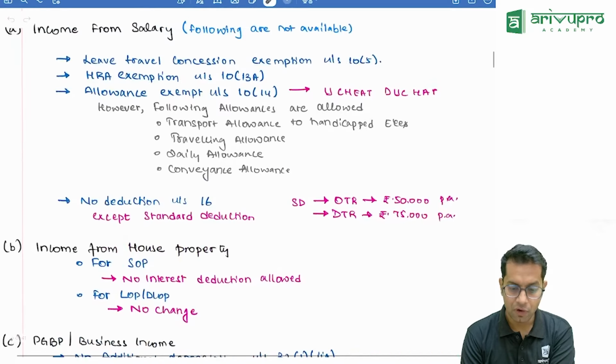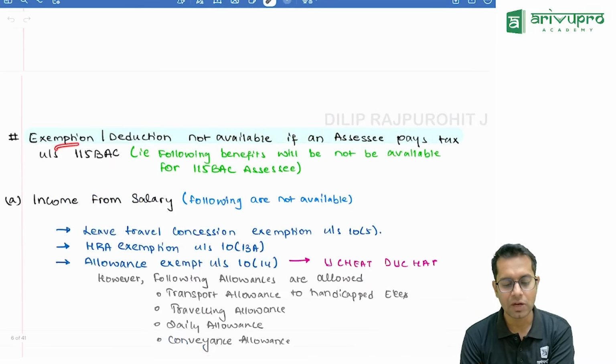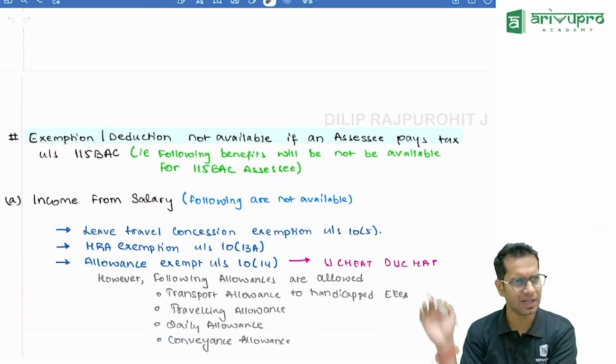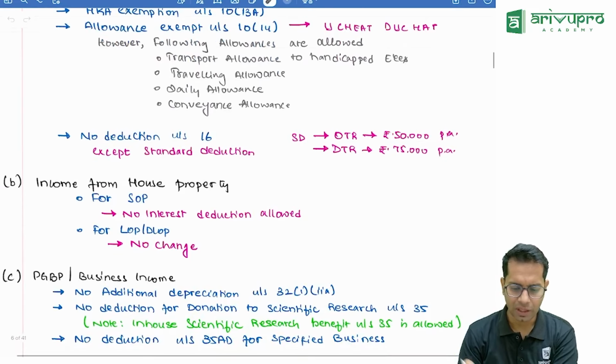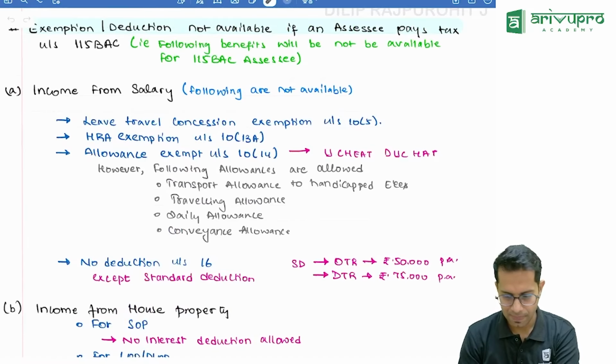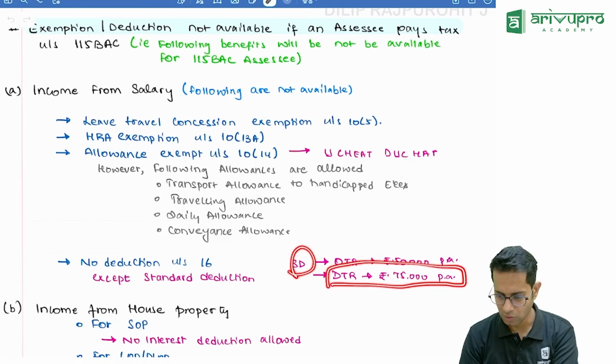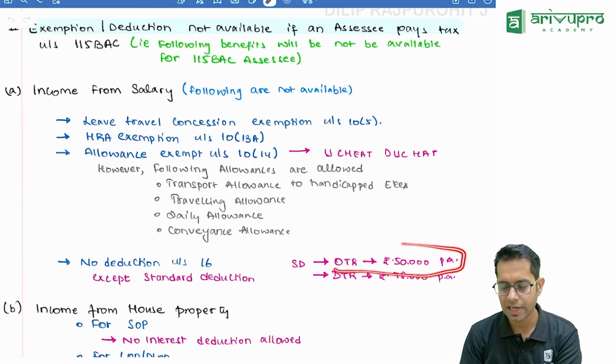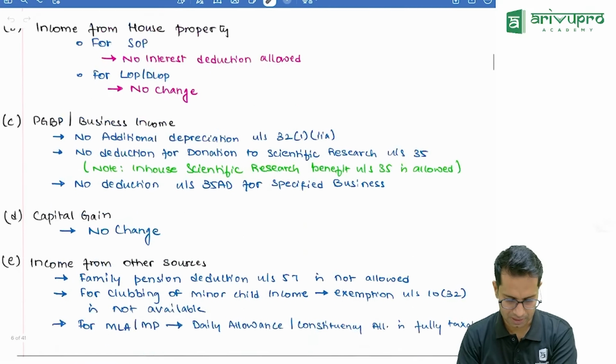Now, if you are following the default tax regime, then you will not get certain benefits. And chapter wise, we'll cover this under revision. The amendment part is that if you are following the default tax regime, the standard deduction under salary you will get is 75,000 rupees, and under the optional tax regime you will get the normal 50,000 rupees.